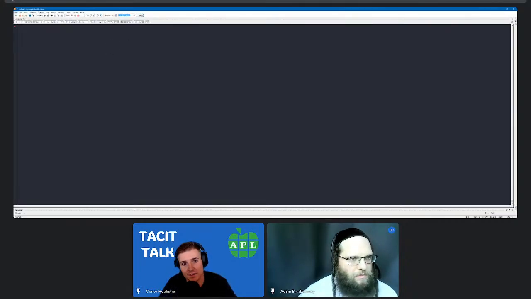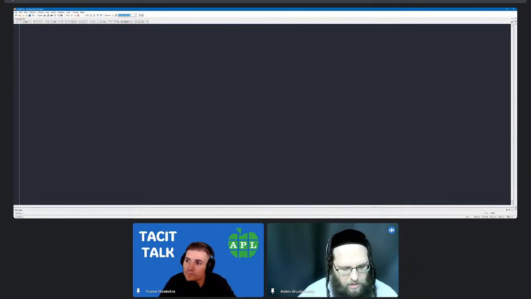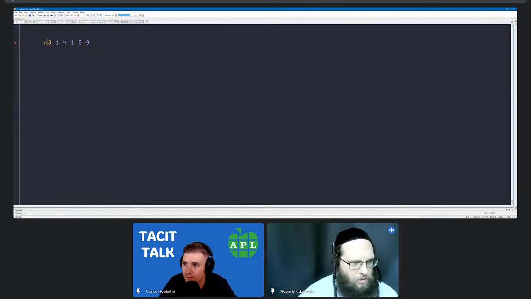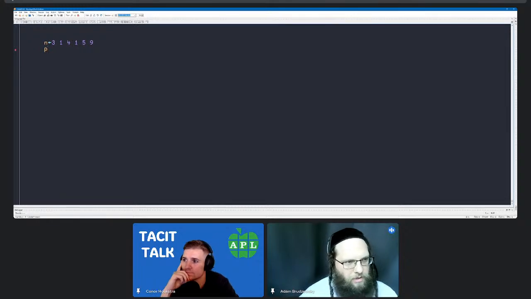The commute operator is also famously the C combinator. So let's say that we have some numbers here, 3 1 4 1 5 9, totally random. And then we have some predicate function here, which could be, say, 3 is less than, right? And what we would want to write here is, with my spelling of it, just like that, right? So we want to apply this predicate on the numbers, and then we want to use that to compress the